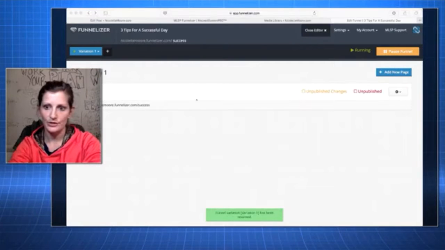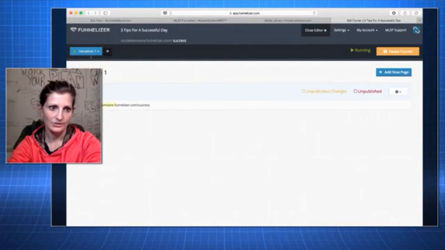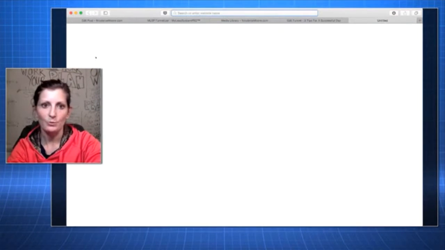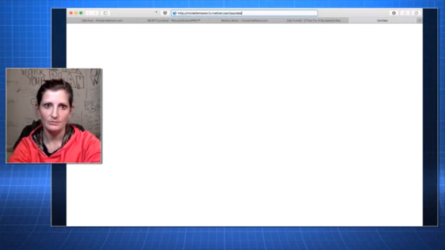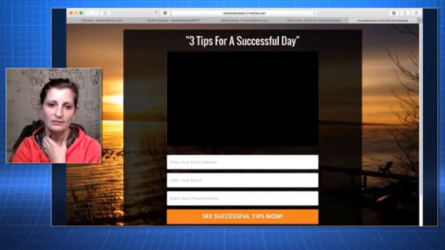So I need to start the variation so that it actually shows up and I'm going to publish it. Like I said, creating a funnel is a totally different training. You know, you pretty much saw me do it, but there are some things that go into it. So I'm going to open up to a new page. I'm going to put this in. So somebody comes across your information,